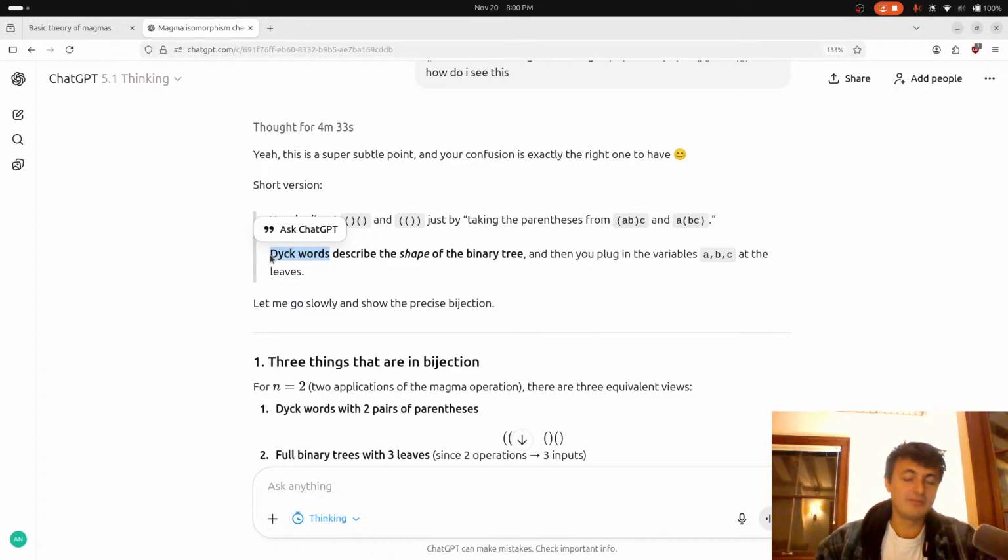And so by imposing this constraint that for any prefix of a given Dyck word, there can't be more closed parens than open parens. I don't think it's pronounced "dyke," but even that sounds bad. So there's really no way to say this word in English that's good. But anyways, if you have a word, any prefix, there can't be more closed parens than open parens.